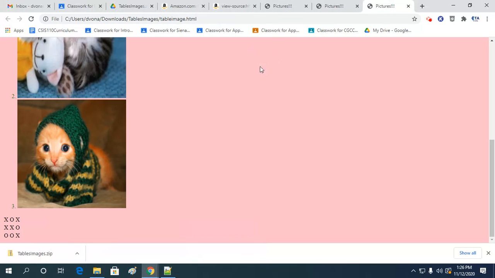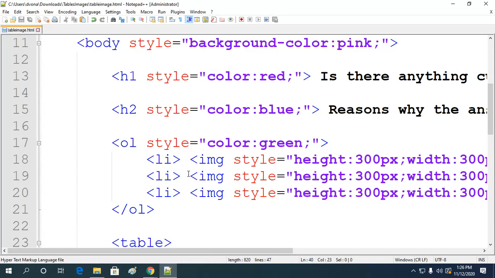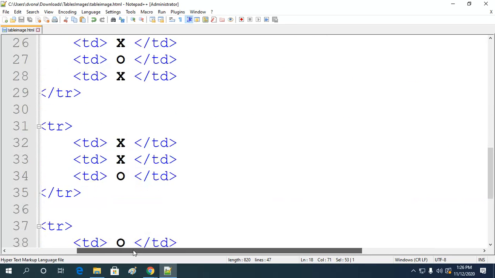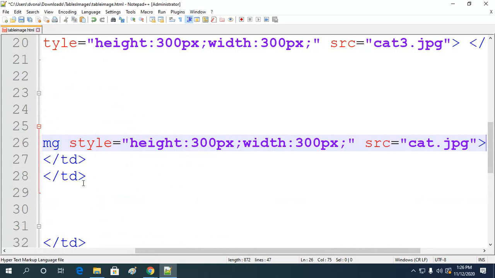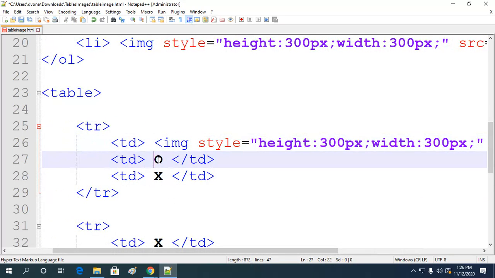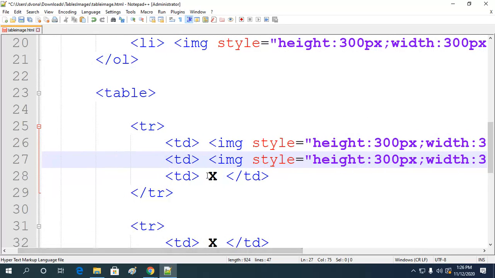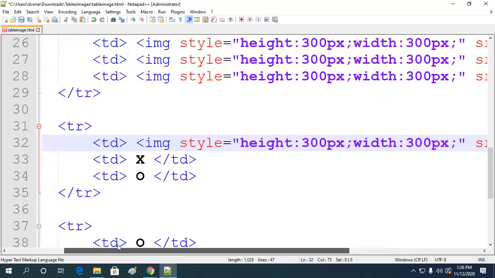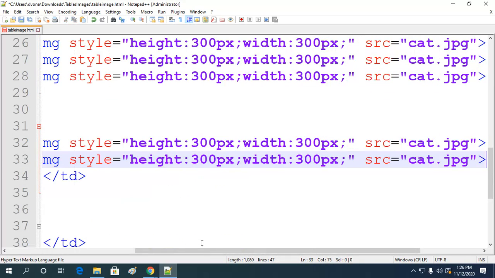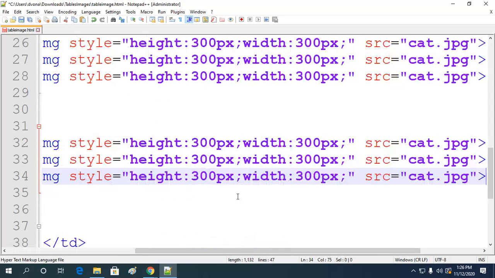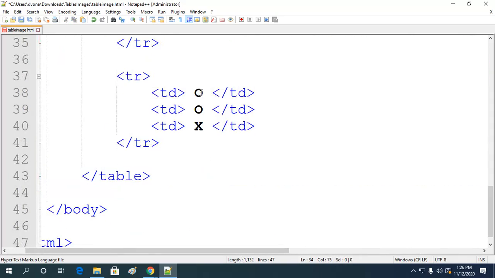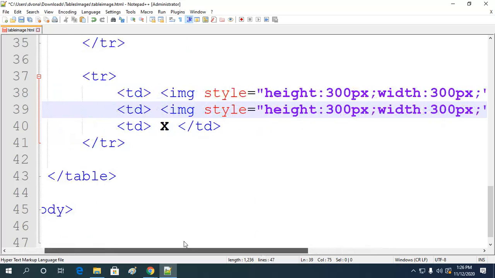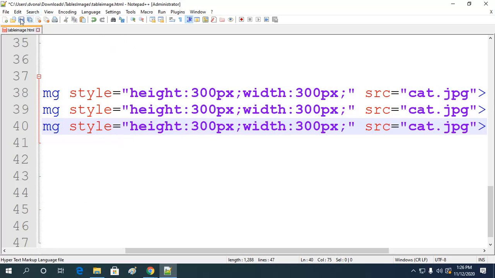And here, instead of putting words in the table, I'm going to take one of these pictures, and that'll show you even better, and put these pictures in the table. Right, so instead of the letter, I'm putting an image tag inside of my TD tag. And I'm just copying the same image over and over again. But I'm just copying that image tag and pasting it inside of my table so that each of these table squares is going to have a picture inside of it. So hold on, I've got one more to do. And then if I save that,